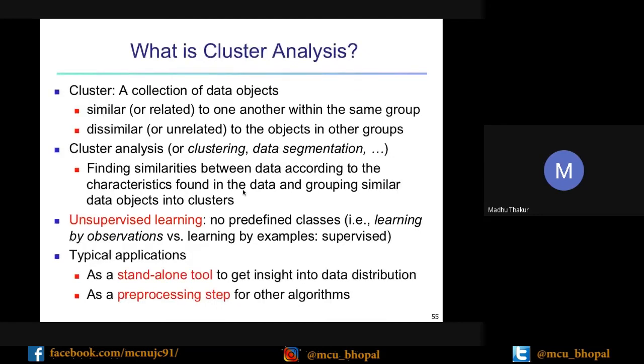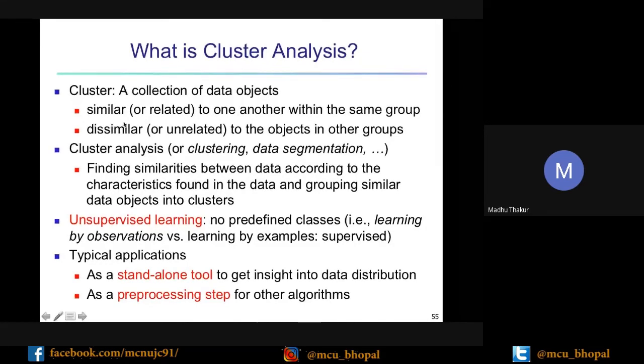As this is based on unsupervised learning, this is also one type of classification, but here the data labels are not available. So just based on the characteristics of the attributes, we can train the model and we can classify. Once we train the model, we can make clusters of unknown class data. So a cluster is a collection of data objects.